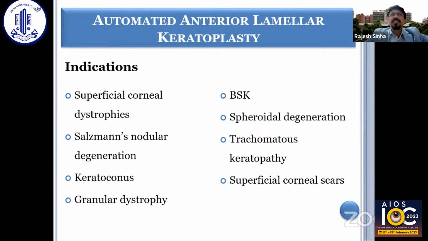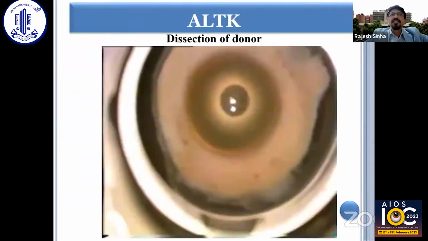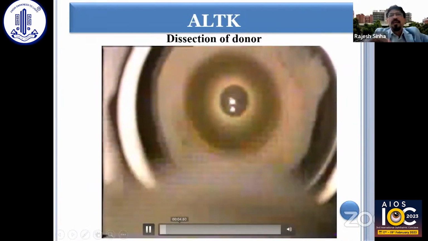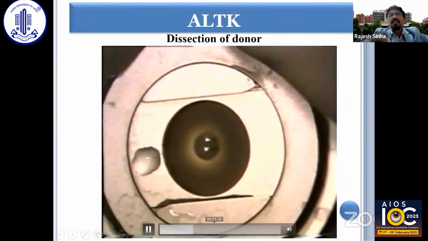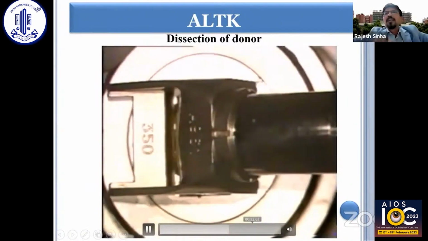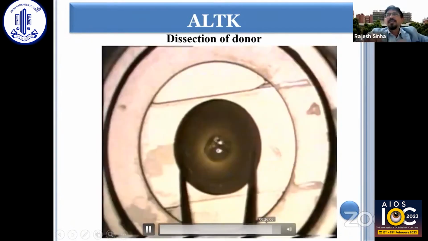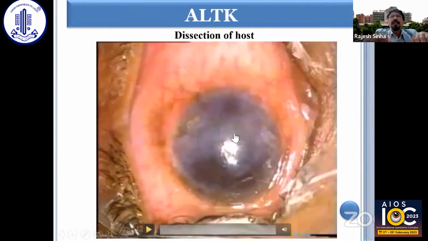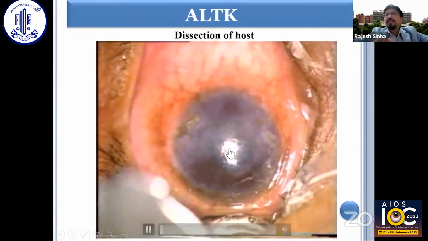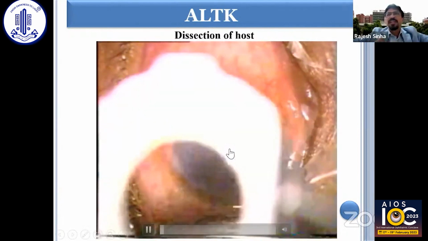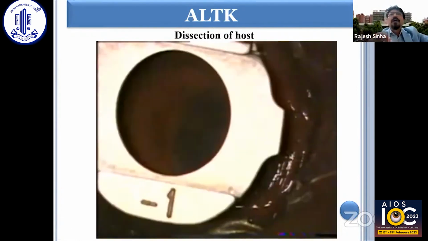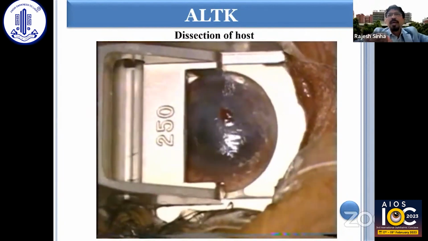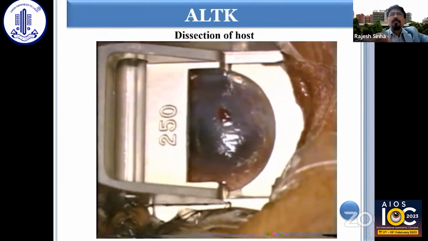In these conditions, it works quite well. On an artificial chamber with the microkeratome, we create the donor lenticule. And then in a host, again, we use the suction ring, and with a microkeratome head, we